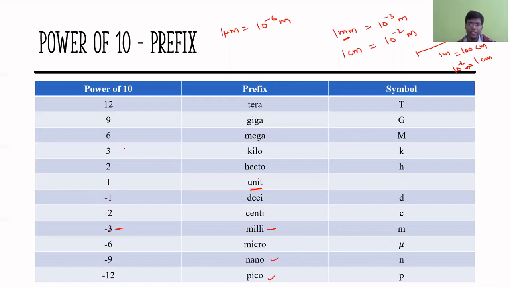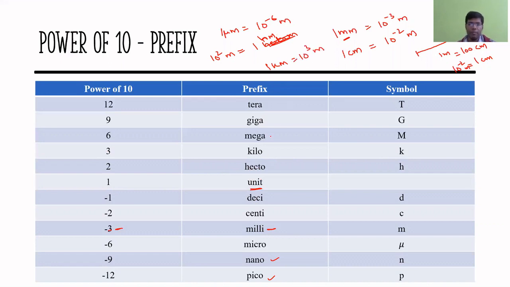Now, if we go to the other side, that is greater than 1, if we have hecto as the prefix, that is 1 hectometer, then it will be 10 power 2 meters. 10 power 2 meters is 1 hectometer. Of course, this is not written as hecto like this, but it is written as HM, small h and m. So this is 1 hectometer. Likewise, 1 kilo will have 10 power 3 as the prefix, so that is 1 km or 1 kilometer is equal to 10 power 3 meters.